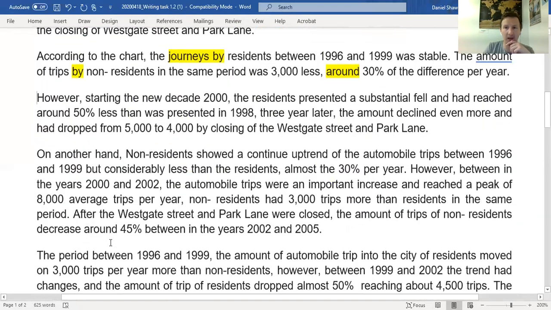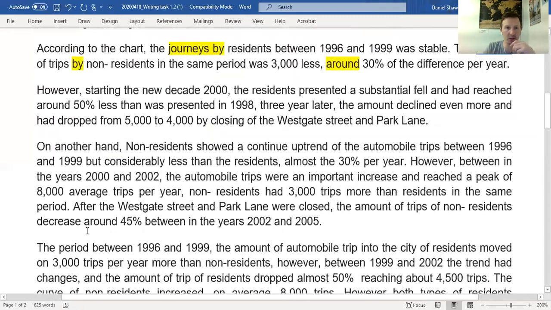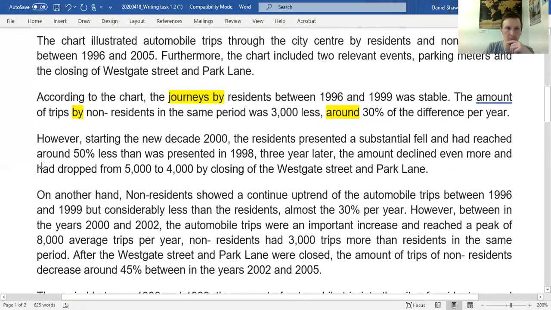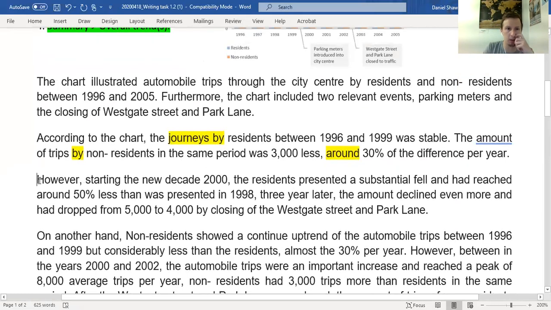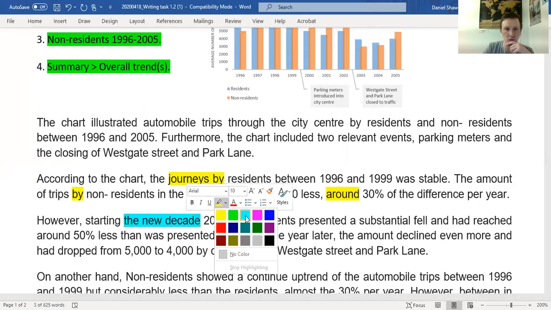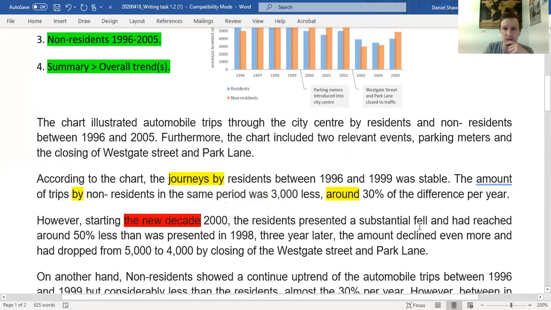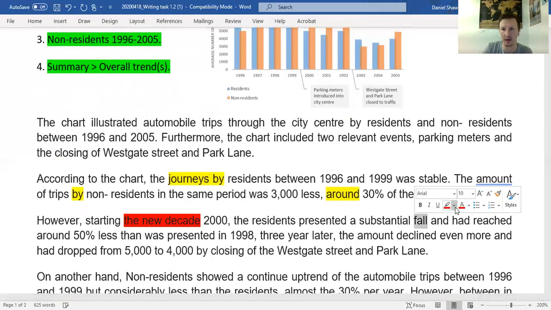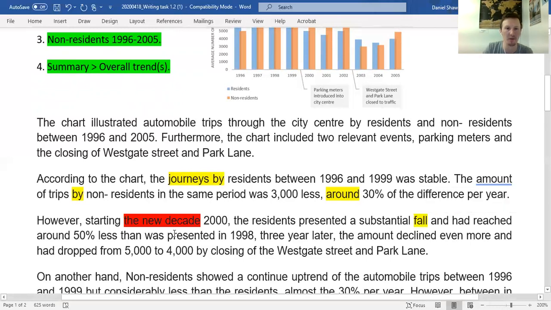So what we might need to do is move these together because this is too short to be a paragraph. But before we put it back together, let's just look at the second idea discussed. However, starting the new decade, 2000, okay, the new decade. So again, we don't need this. It's nice to try to describe it, but we don't need it, so we can just put that in red for now. The residents presented a substantial fall, so I think we mean substantial fall. So again, we can just put that in yellow because we've edited that, and had reached around 50% less than